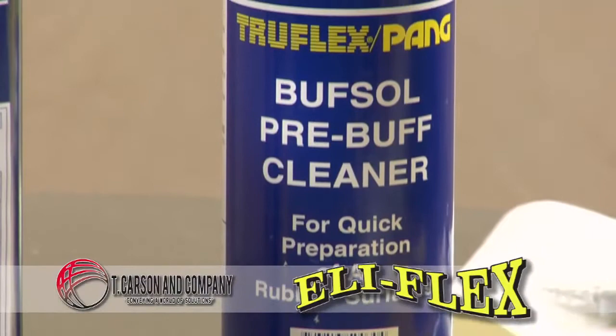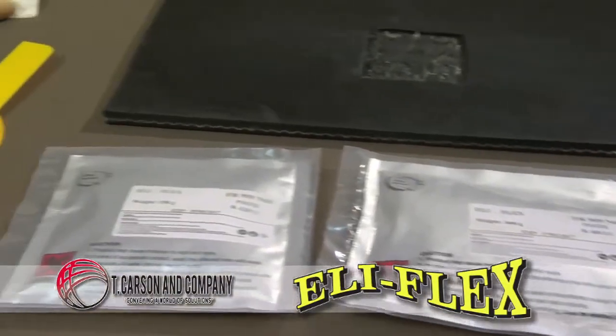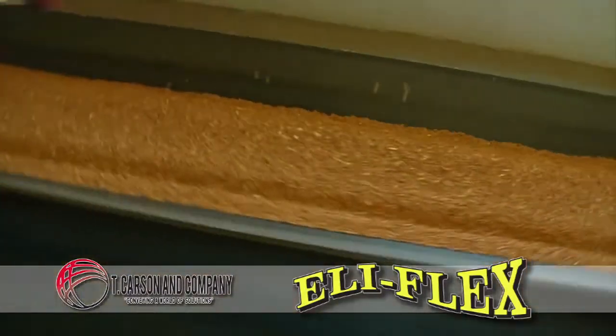Eli-Flex will decrease your cost per ton expenses, minimize downtime, and costly conveyor belt repairs, getting you back online, productive